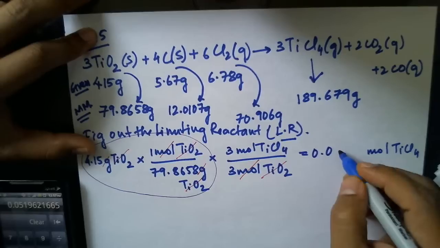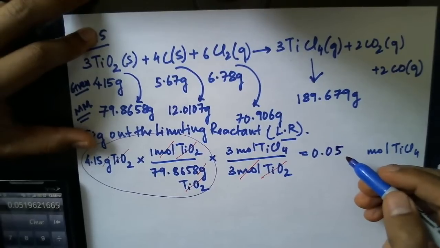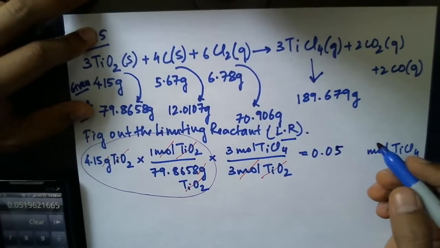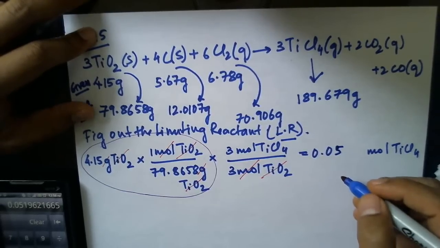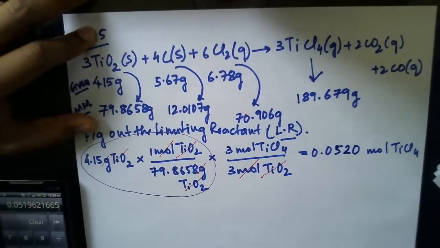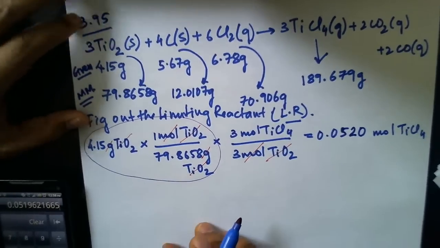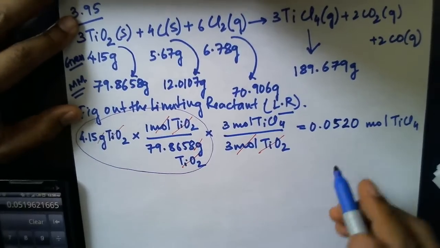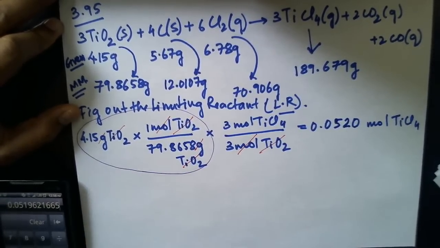That should be 0.05. It says 0.05196, but 6. So if you have to round to 3 significant figures, then 9 should become 10. So it's basically 0.0520. So that's 3 significant figures, okay? So that's how you figured it out for titanium tetrachloride. So that many moles of titanium tetrachloride should be formed if you start off with 4.15 grams of titanium